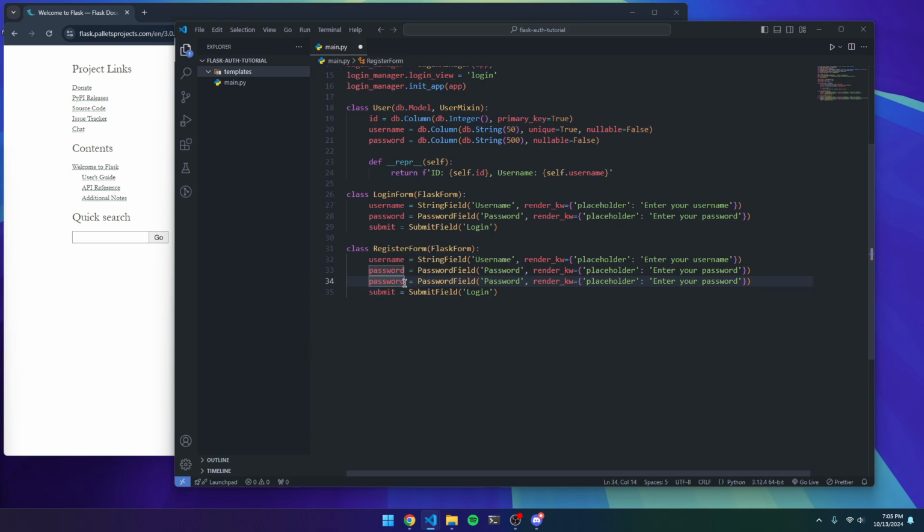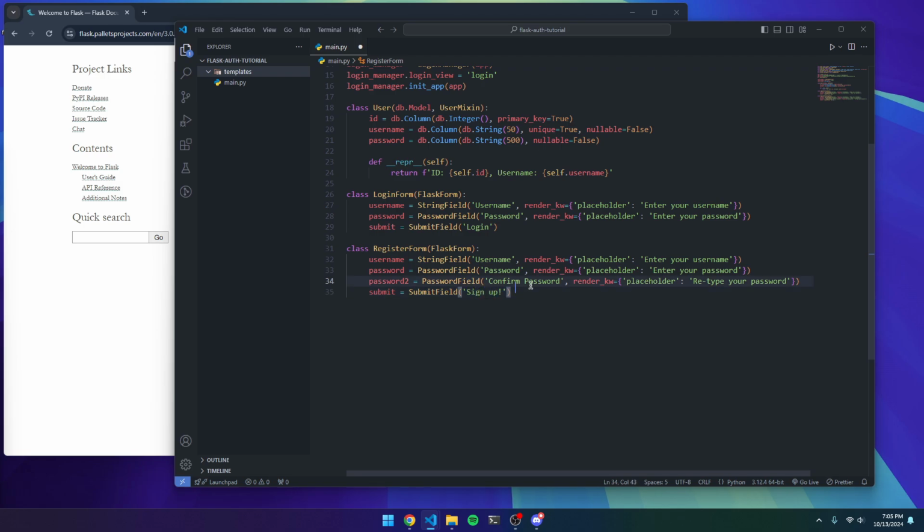So we'll set the name as password2, and instead of just password, we'll do confirm password. And for the placeholder, we'll do retype your password,